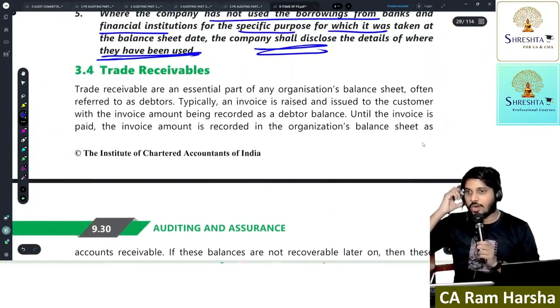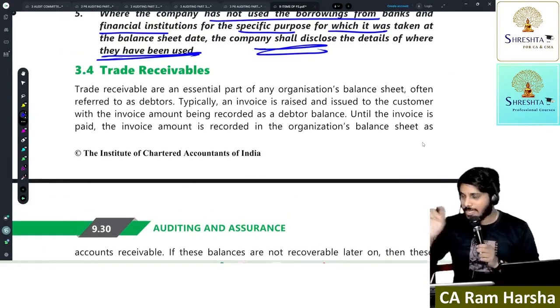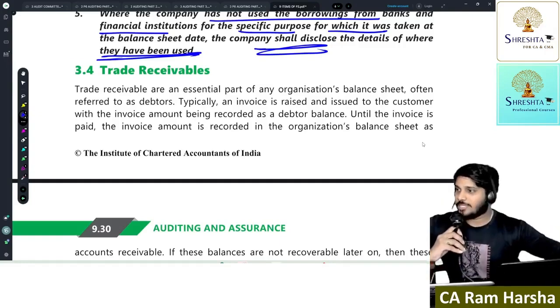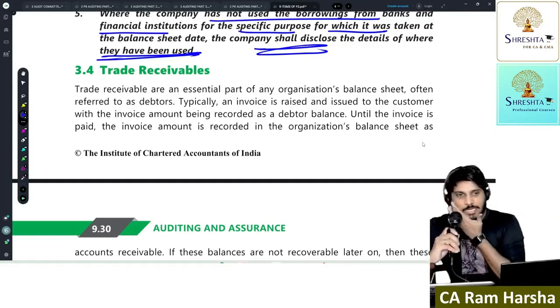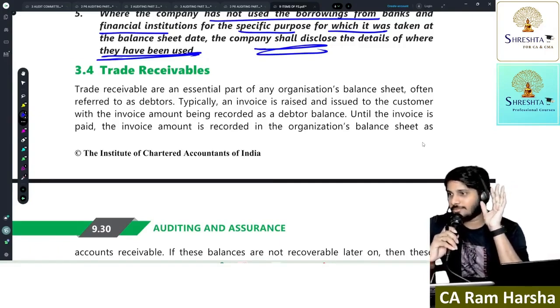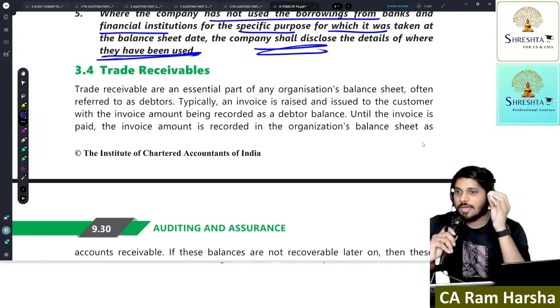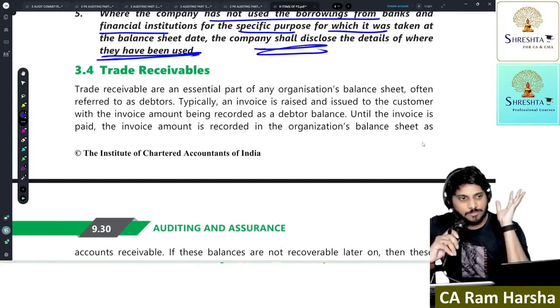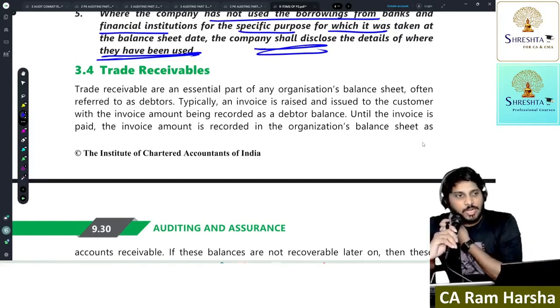Then, how to do audit of trade receivables? Tell me how to do audit of debtors. You just think of it. In the balance sheet, there is a debtors amount shown, some 50 crore. The company has to receive debtors of 50 crore. The company showed debtors outstanding for more than 6 months some amount, remaining some amount. Understood? Now what will I verify?